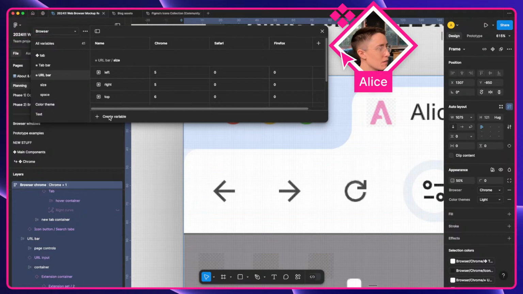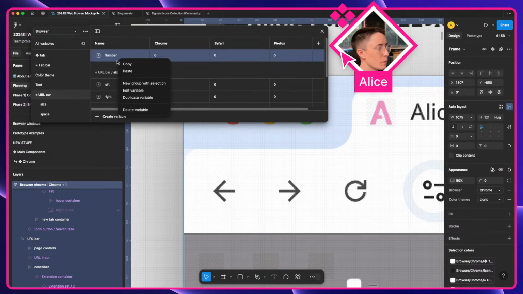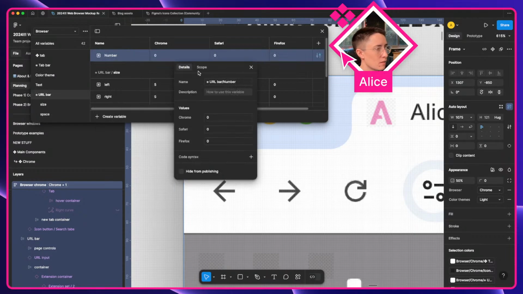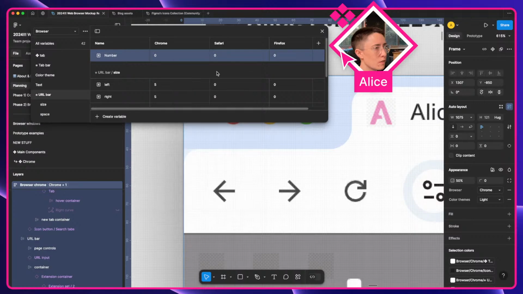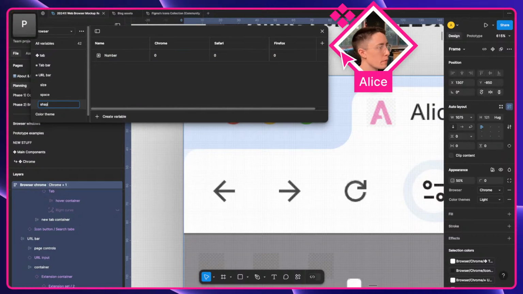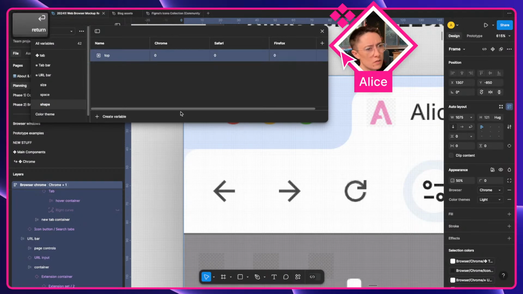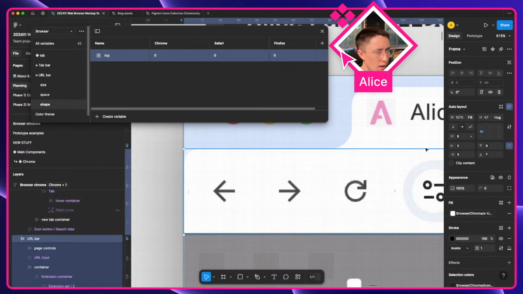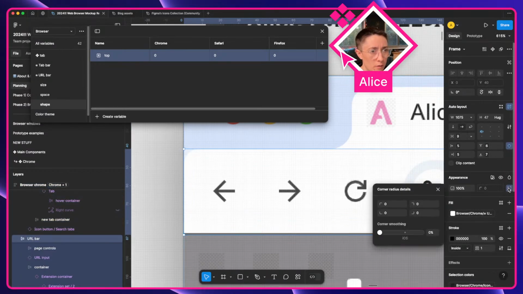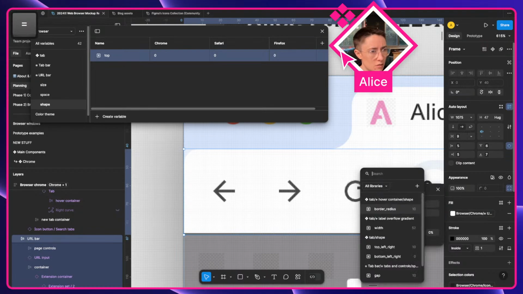So within URL bar, we need another number variable with a group. And let's, again, edit this. We know that this is going to be for corner radius. New group. Shape is what we were talking about. And this is going to be for both the top corners. So let's isolate those. We'll start with the one on the left since that's the one we're looking at. And I will go ahead and apply it so that way we can effect change on